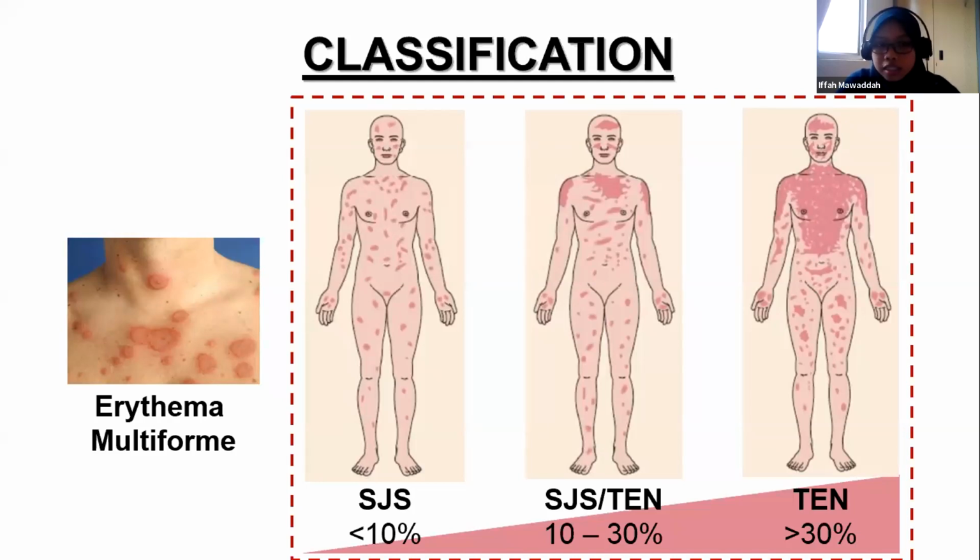Actually, there's also another disease that is quite similar to SJS, which is erythema multiforme. Previously, erythema multiforme had been on the same spectrum as Stevens-Johnson syndrome and toxic epidermal necrolysis. But now, erythema multiforme is considered its own skin condition characterized by the presence of typical target lesions like shown in this picture. SJS and TEN differ from each other by the percent of body surface area affected. If less than 10% of body surface is affected, it's generally considered Stevens-Johnson syndrome. If 10 to 30% is affected, it's considered overlap between SJS and TEN. And if more than 30% is affected, it's considered toxic epidermal necrolysis.